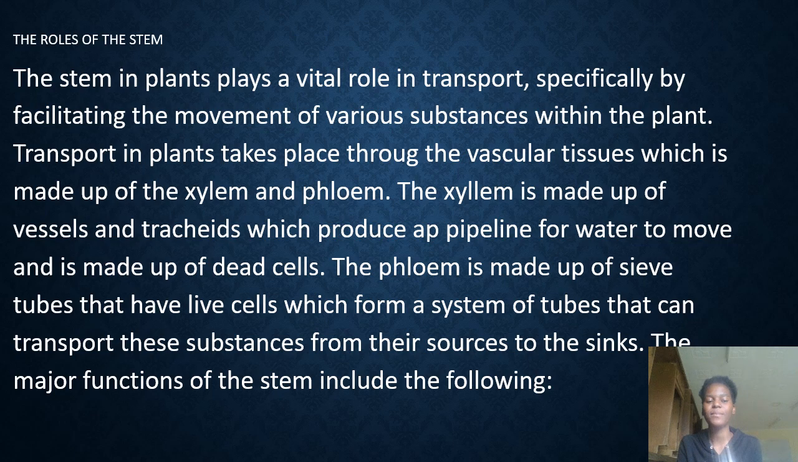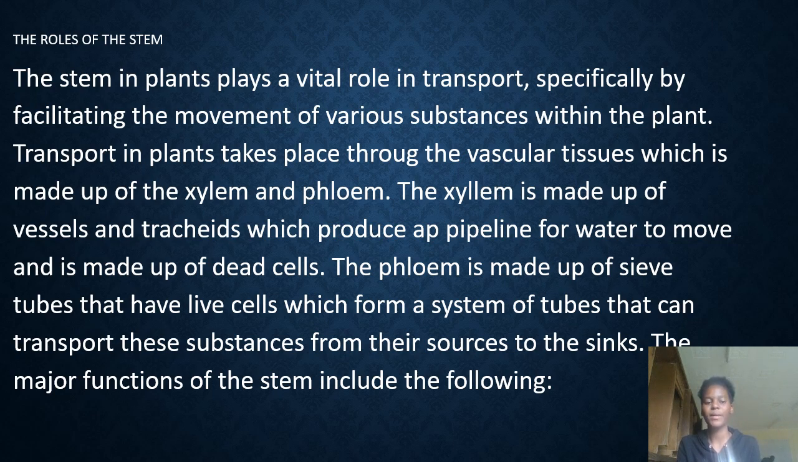The xylem is made up of vessels and tracheids, which produce a pipeline for water movement and is made up of dead cells. The phloem is made up of sieve tubes that have live cells, which form a system of tubes that can transport these substances from their sources to their sinks. The major functions of the stem include the following: